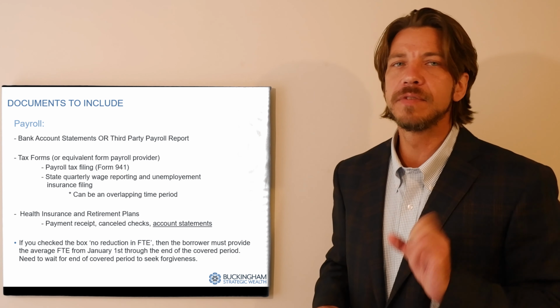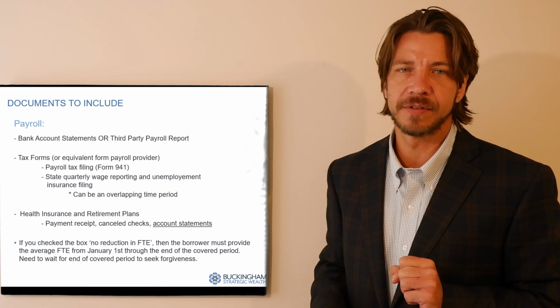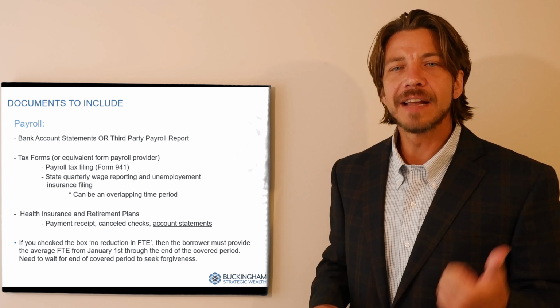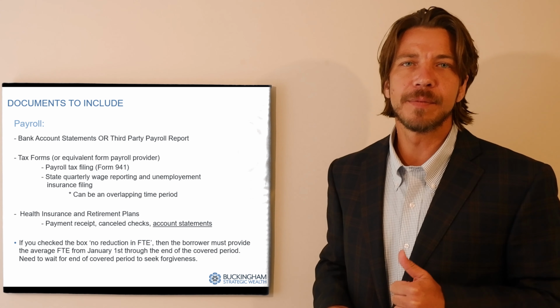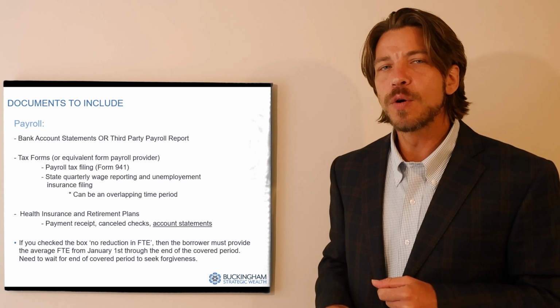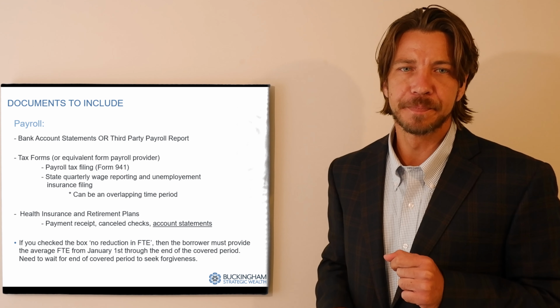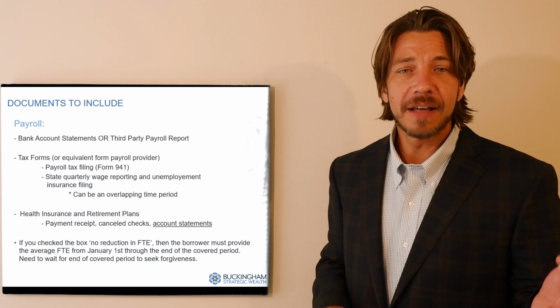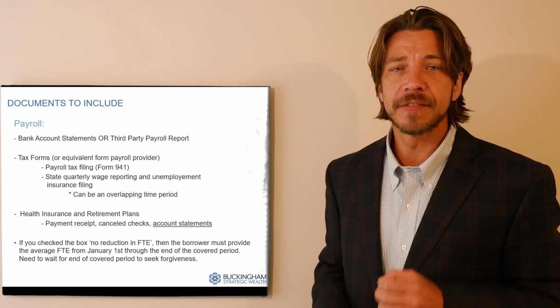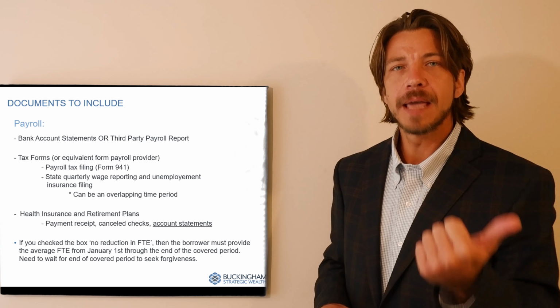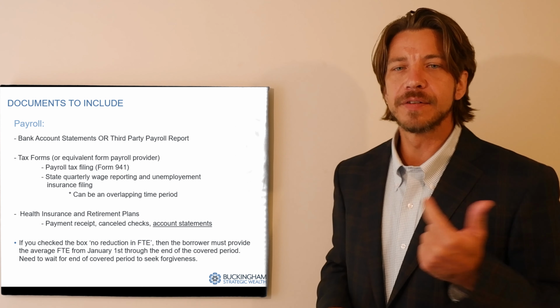You don't have to get overly crafty in terms of the date restrictions on it. So you want to include that Form 941 or the equivalent information, and then also the state quarterly wage report and unemployment insurance filings that you do. And then finally, for the health insurance or the retirement plans, we want to include payment of receipt, canceled check,